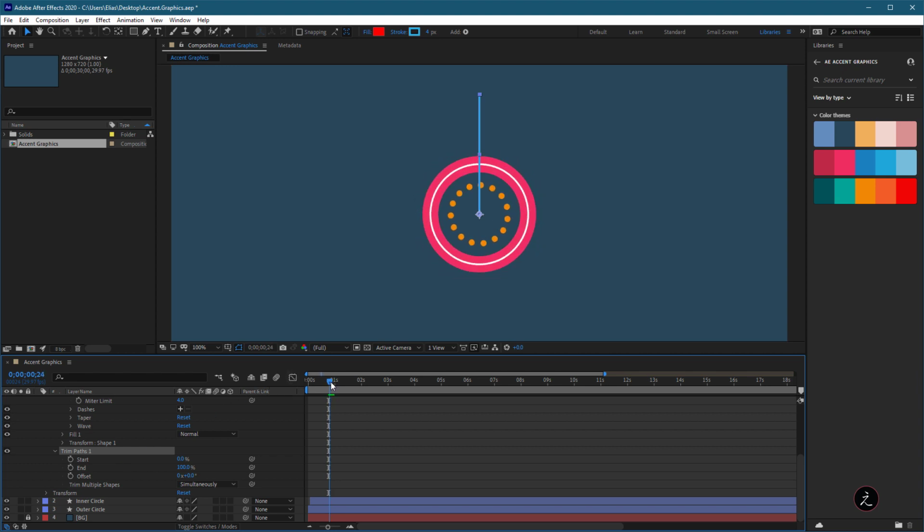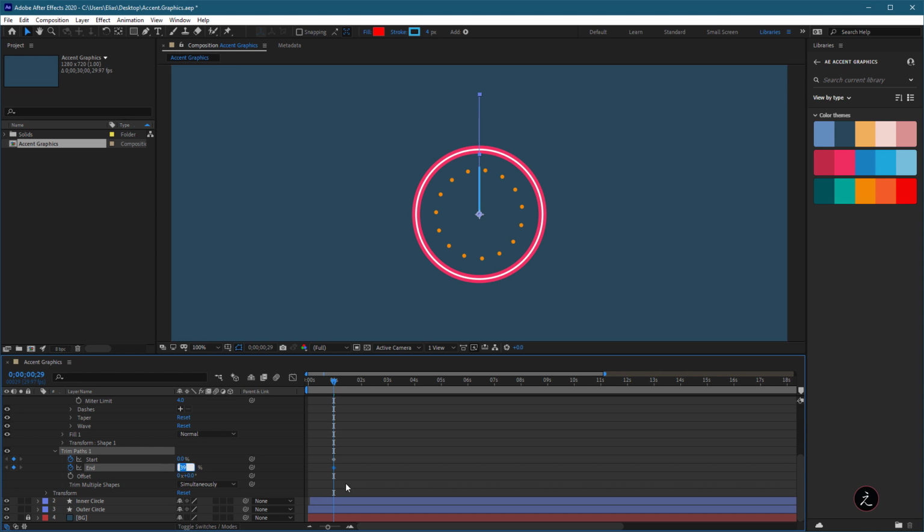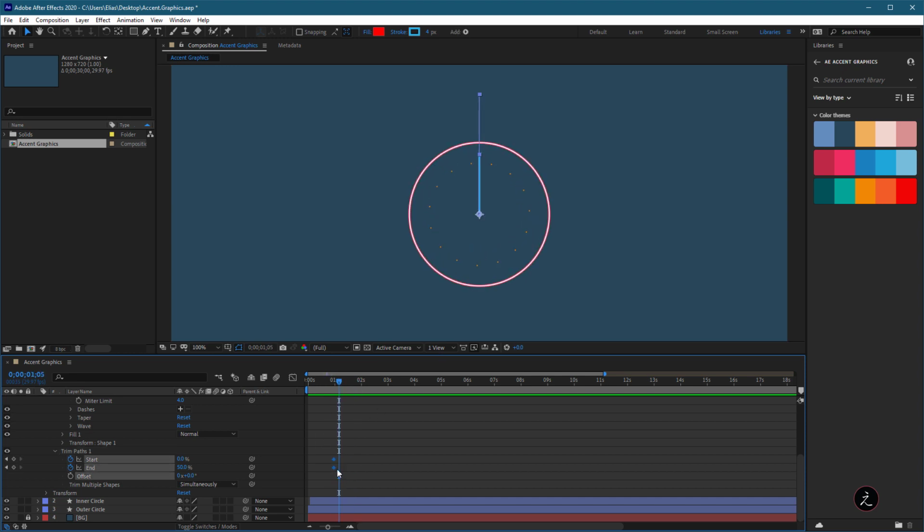So first of all, we need to decide when this is going to start taking place. So let's say perhaps around here, I'm going to add the start and end. I'm going to have 2 keyframes here. Now I want the one to have 0 and the other one, I'm going to set the end instead of 100. You see if I scrub this, I'm going to use 50%. So basically halfway. See that? Halfway. And then the rest of the way is going to be probably the rest of the animation. So this is not set yet.